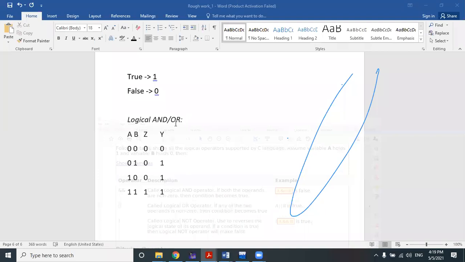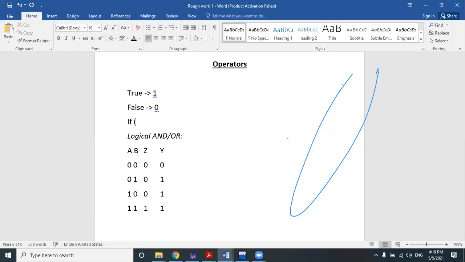Let's write one equation so you can understand. Suppose I'm writing an if logic, where A, B and C are values. If A greater than B and A greater than C, I am trying to find the largest among the numbers. You have already done these things while drawing the flowchart in Raptor.